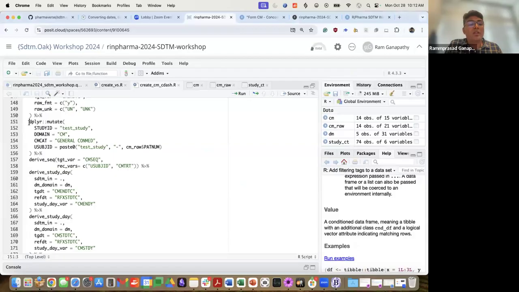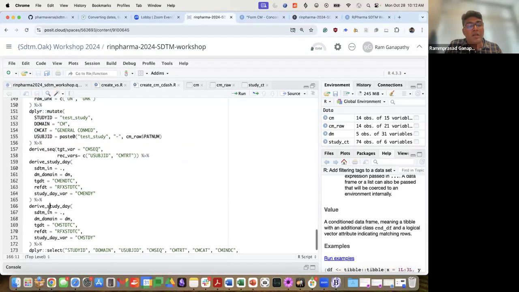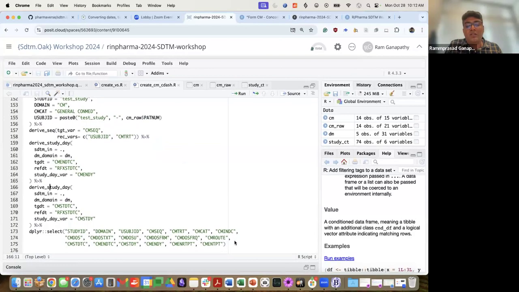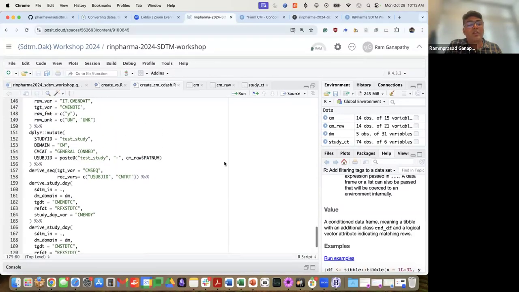Now we are doing the variables, the qualifiers that are common for all the topic variables that you are doing: your study ID, domain, category, and subject ID. You are deriving your sequence number, and you are deriving your study day for end date and study day for start date, and then you are just selecting all the values that you need for